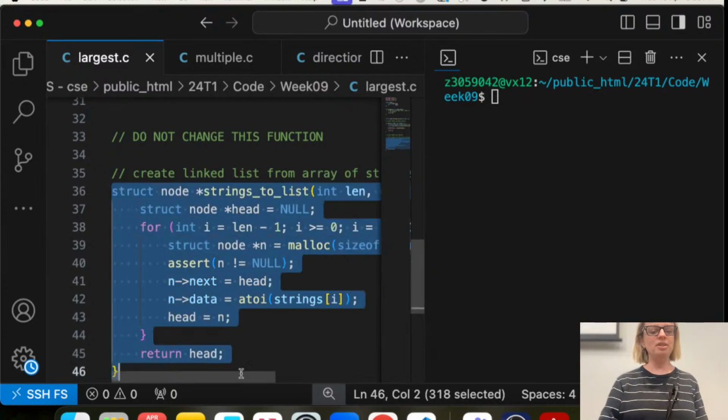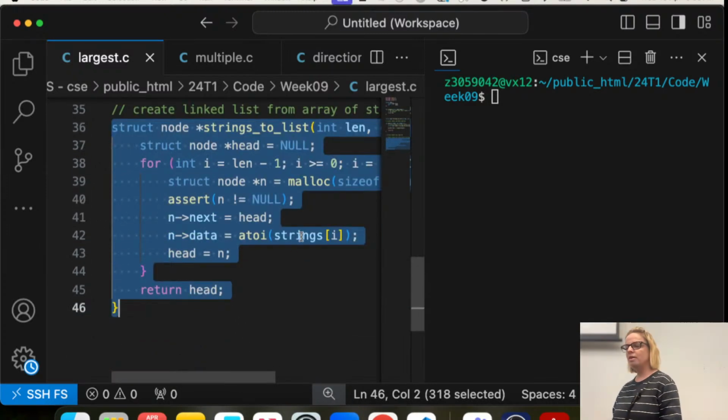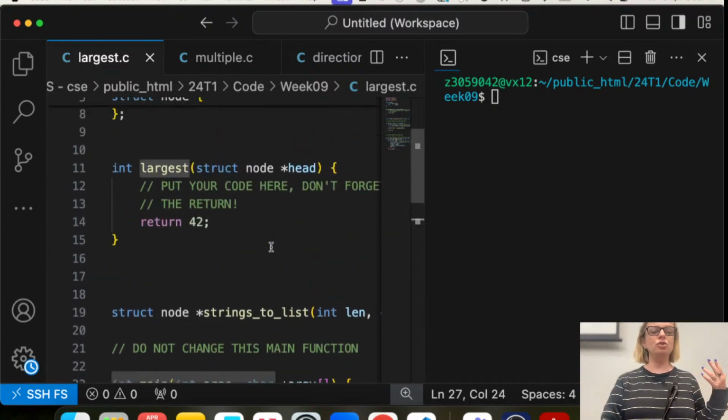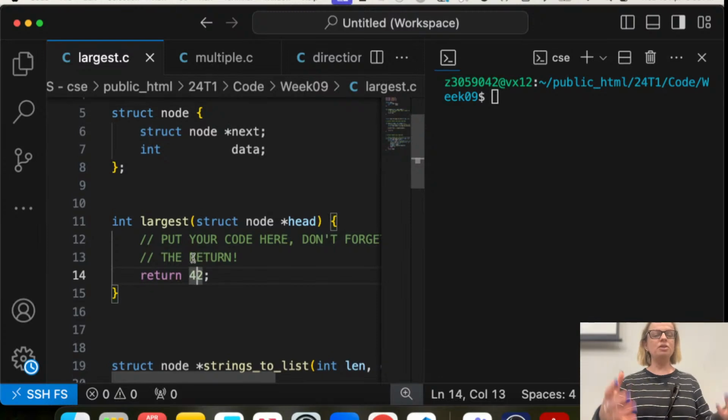This function converts whatever happens on the command line to a linked list, which means that all you need to do is write the function that we ask you to do. That function is going to be called in the main, and that's all you need to worry about. Let's do this question, and then I'll show you how to run it.